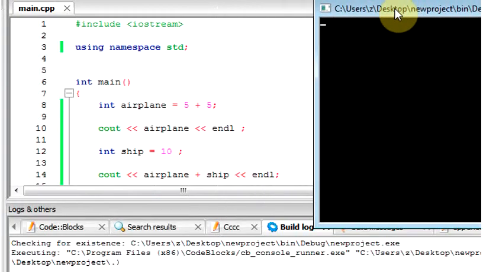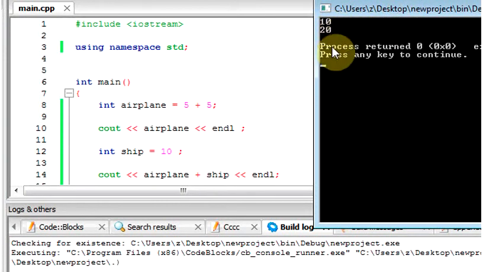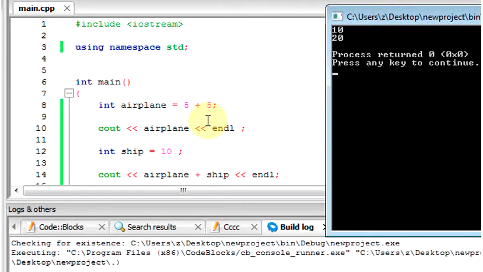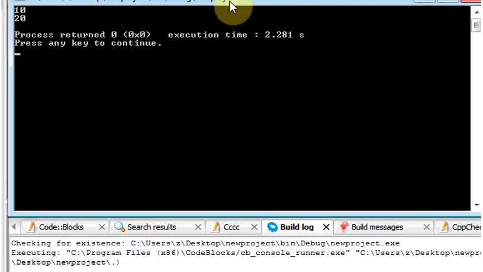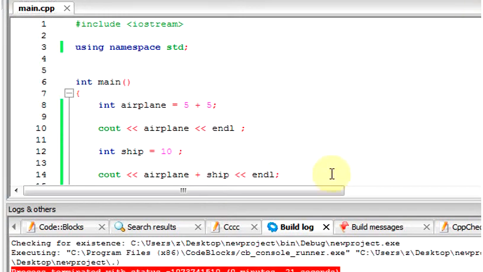We'll have two numbers on the screen. We'll have 10 and we're gonna have 20. And I hope you understand why. This types out the first, this types out the combined, and 10 plus 10 equals 20. And yeah, it's as easy as that. That's your simple math problems,